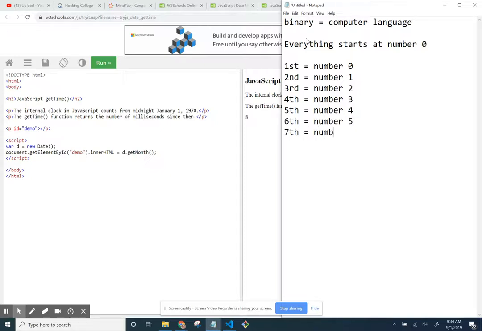Seventh equals number 6. Want to keep going to the end of the month, end of the year. Eighth equals number 7. Ninth equals number 8. 10th equals number 9. 11th equals number 10. 12th equals number 11. So when we're talking about the months of the year, for example, the first month equals